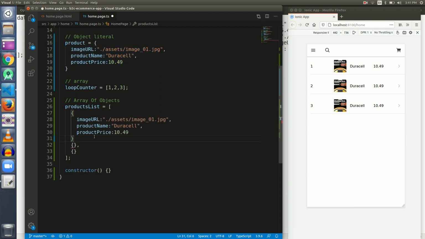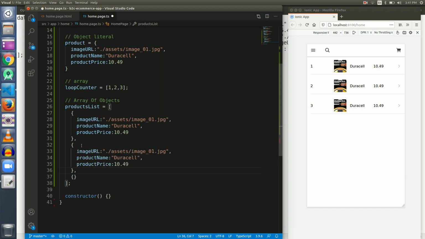So this is my first object. Now I will have a different object here. So I have made an array of objects first hand. Let me paste it here.